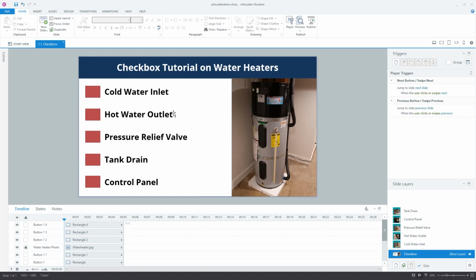What we're going to do now is we're going to do some basic programming. Articulate has a trigger system, as I like to call it, where if you do one thing, it has a reaction to do something else. If you go over here to the right side, you'll see the triggers panel. First thing I like to do,